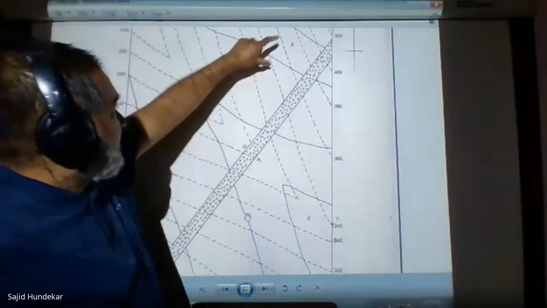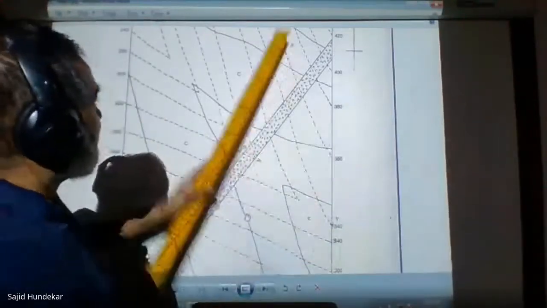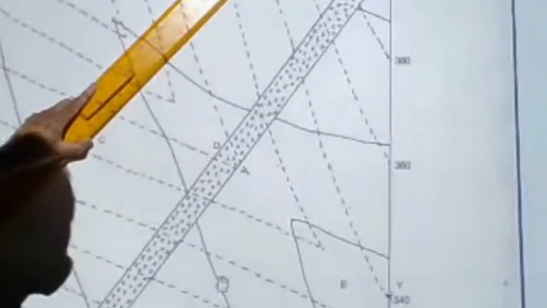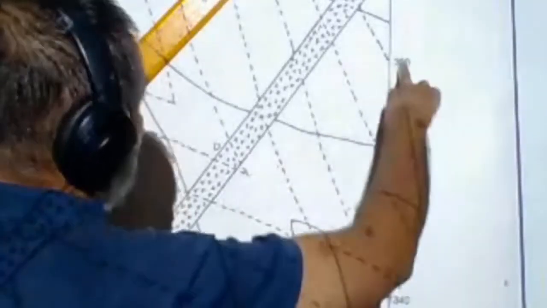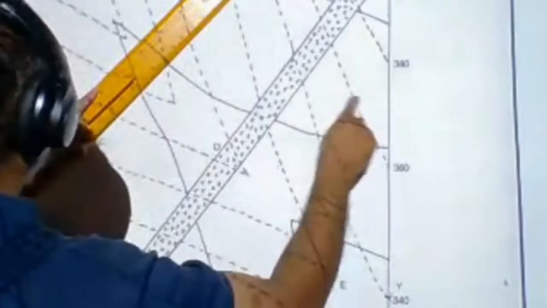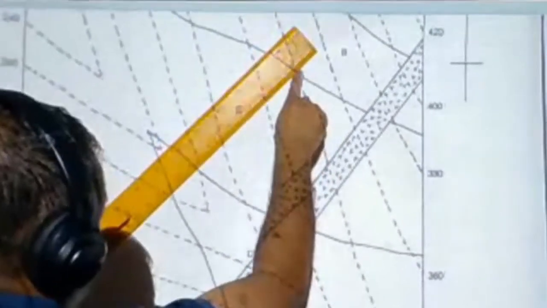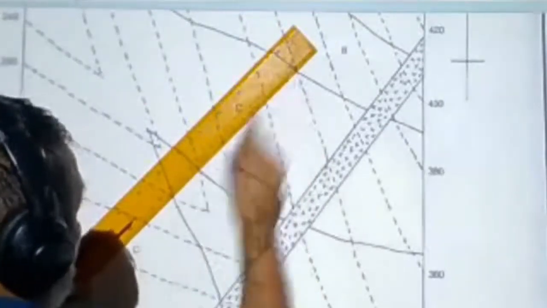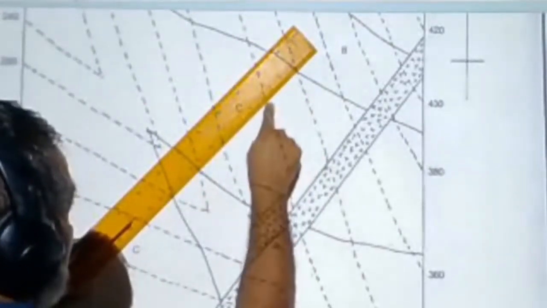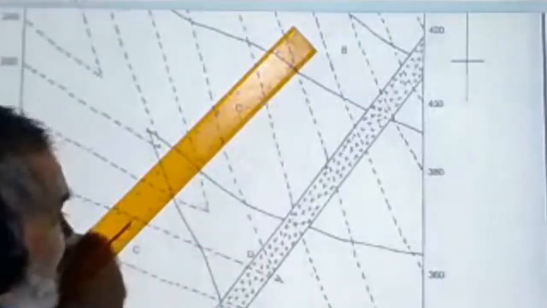So now, how much is B? We'll find out the thickness of the B bed. If you measure this one, the contour interval is 20. So 20, 20, 40 meters. Come to the next one, the C bed. If you measure this strike line and this strike line, this is 20 meters, this is 20 meters, this is 20. So 20, 20, 20, 60 meters.